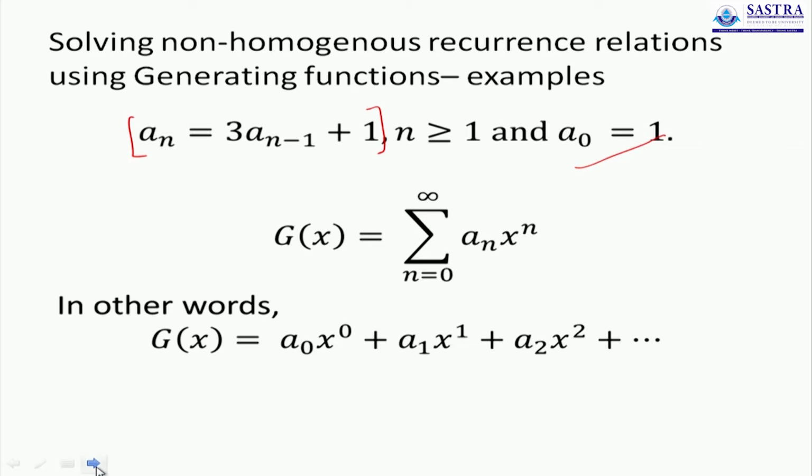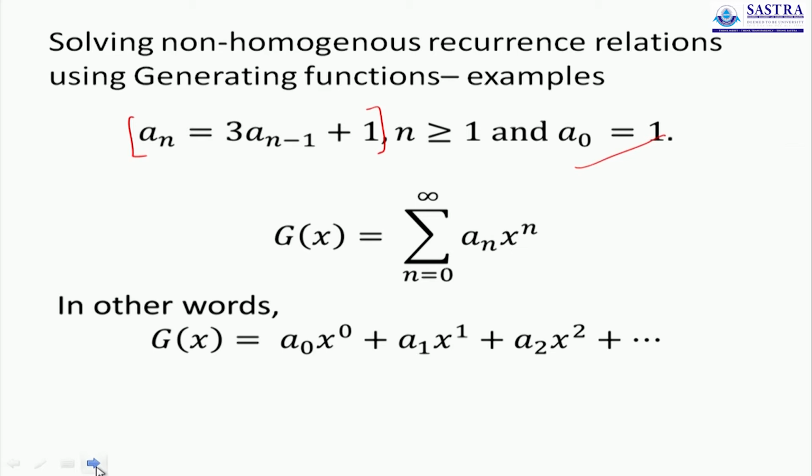Even though you may know that a_0 x^0 is just a_0, it is easy to represent it like this so that you get the core idea of a combination of a coefficient and a power of x. Every term is going to be a coefficient, a number, a constant which is multiplied by some power of x, and the general form of the generating function that we will use is on your screens.